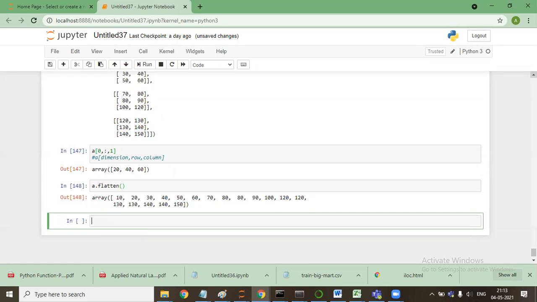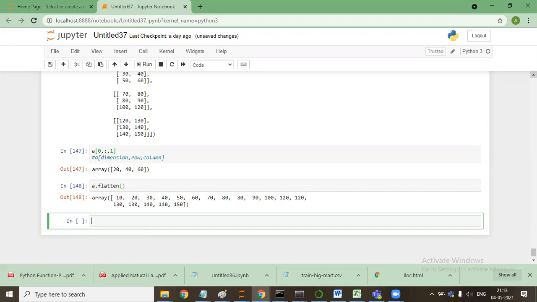So when we say a.flatten(), it will convert it into a single np.array without any dimension, a single dimension. So it means it will convert the first and the second dimension also into one combined. It will convert it into a one-dimensional array for all the 3 dimensions that we have. Okay.